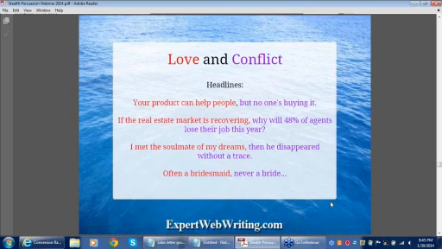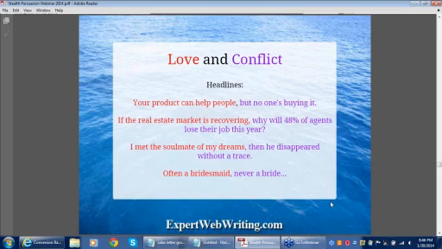The first one is love, just like her sign, and the second one is conflict. And the reaction or conversion that takes place when somebody reads this is whatever you want it to be. It's either a conversion from just turning the page, clicking on a link, reading further down the sales letter, or signing up, or making money.